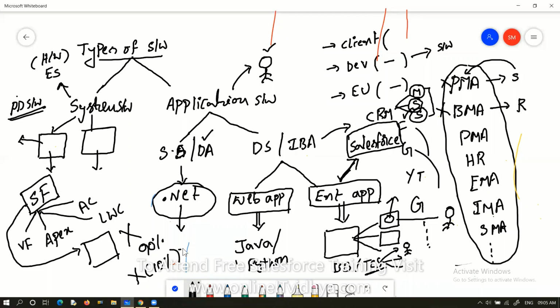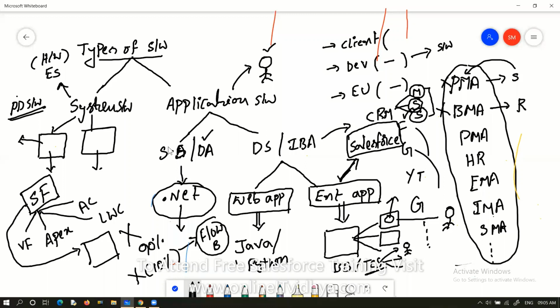Recently, they have introduced a concept called Flow Builder. By using Flow Builder, most of the code we can skip. Actually, it is a beta version and not completely developed. But once the entire Flow Builder is done, you will not need to write even this 10% of code. You can skip 100% of code, and develop the entire application with drag and drop only.